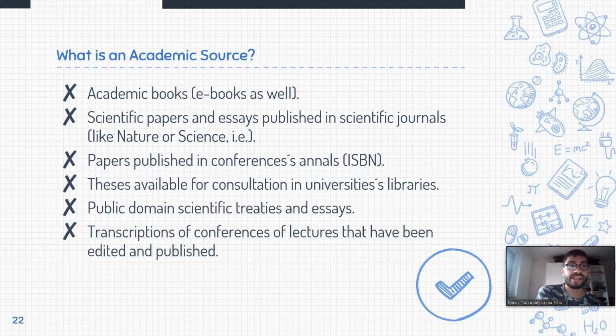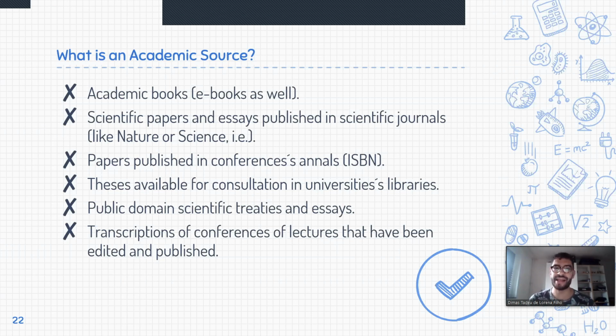You can also use scientific papers and essays published in scientific journals, like Nature and Science. You have these big scientific journals all around, and Google Scholar is actually good for finding them. Those papers have an advantage in the sense that they are written in the same format and way we are writing them. So this is actually nice because, wait, someone,